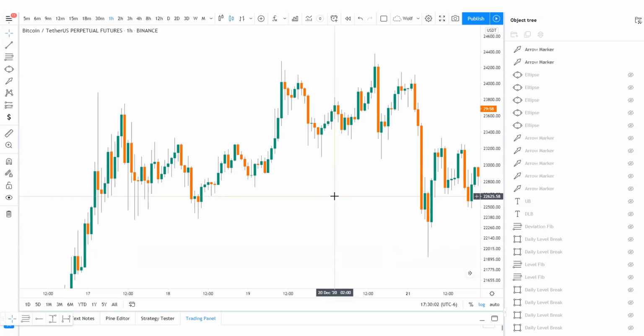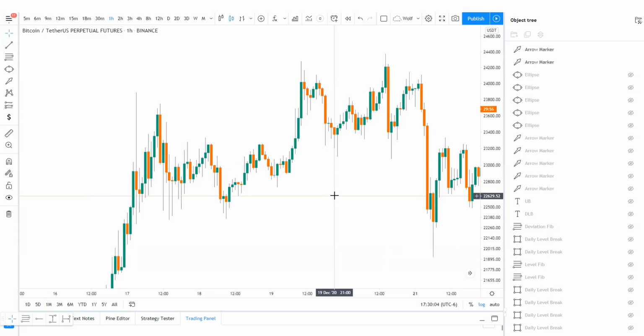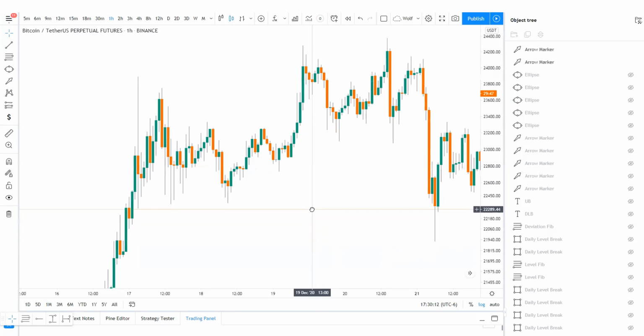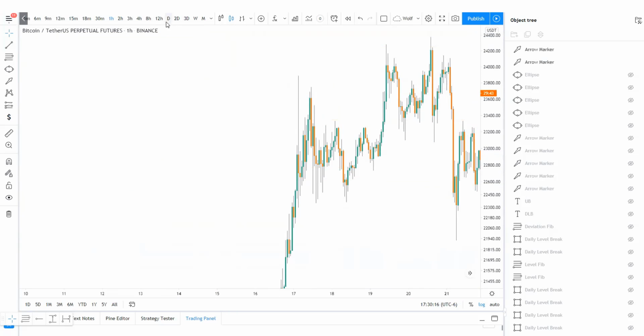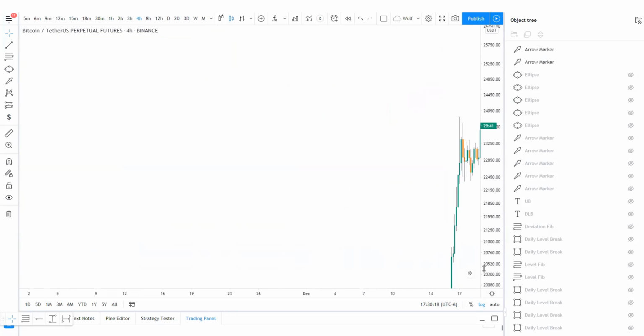When I marked those up earlier, I didn't even realize that was on the 15-minute chart. I was just putting lipstick on this thing and got to marking. But yeah, mostly, like I said, I use them on the hourly, but it does apply to the 4 hour as well. If we go back and look,